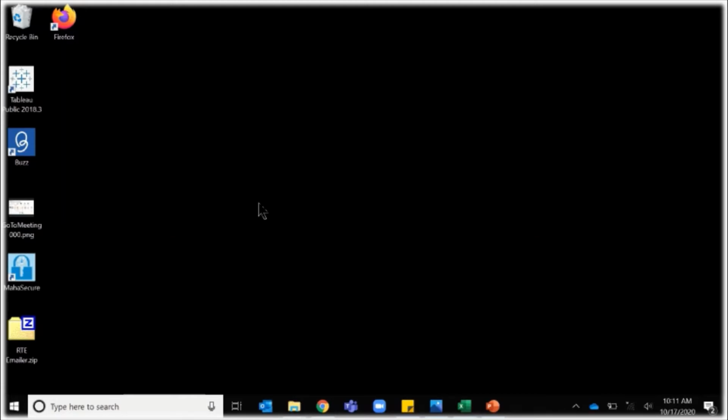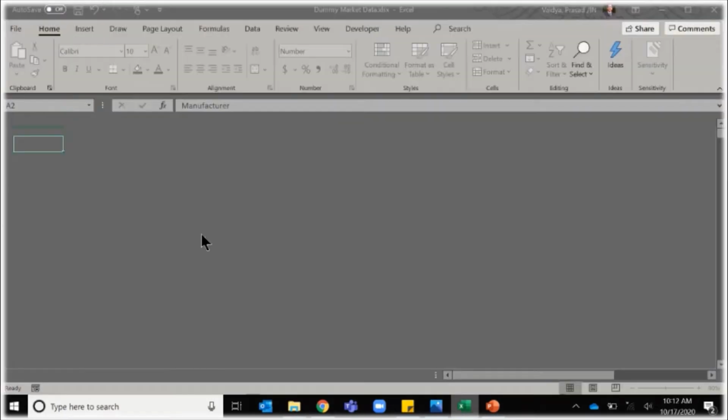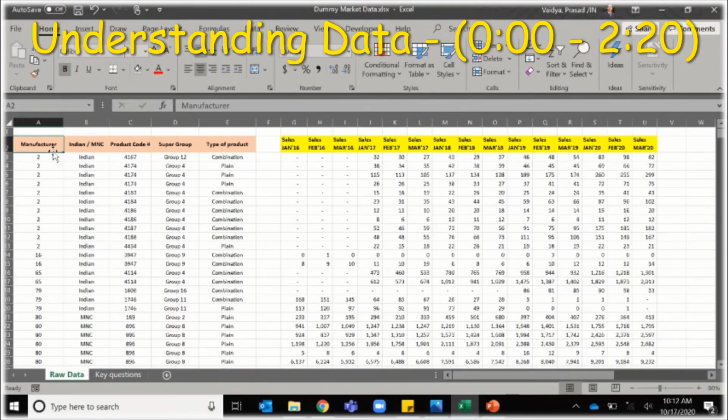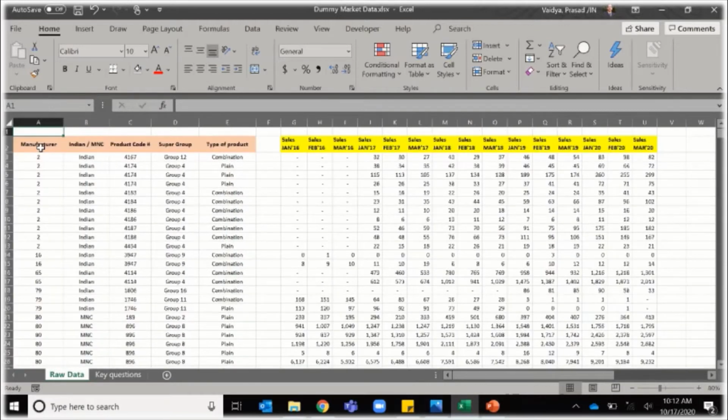Now the basic requirement to make a pivot table is of course to have a data set. So we have here a dummy data set which has several fields. Now this dummy data set is quite large. It has about some 20 columns and it has about some 5000 odd rows. And the first thing that is required for any analysis is to understand the data first. So let's just understand which are the different fields that we see on the screen.